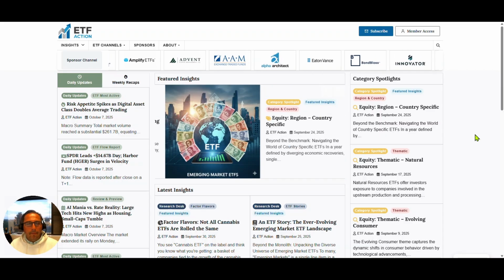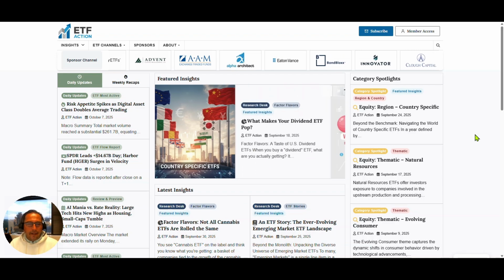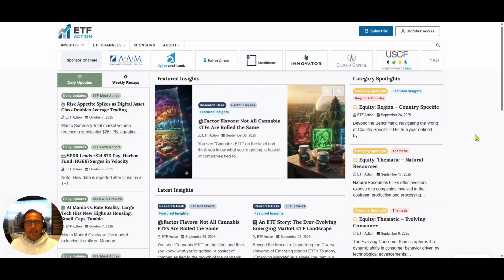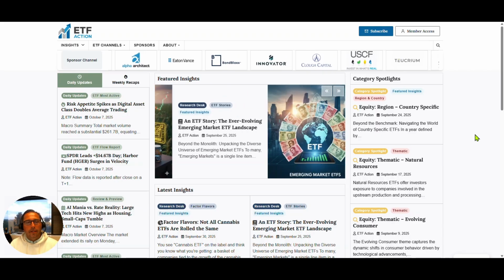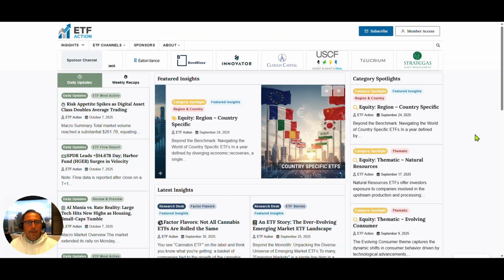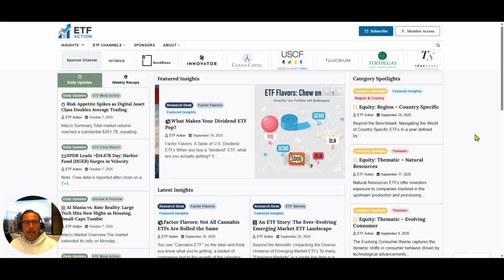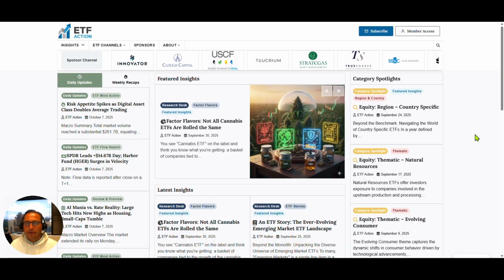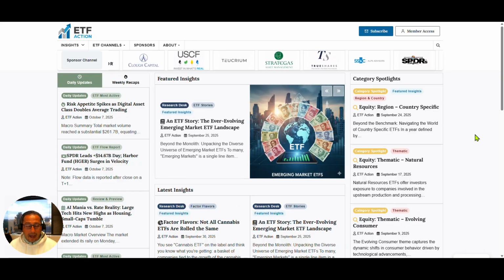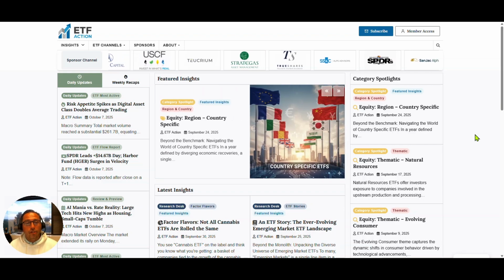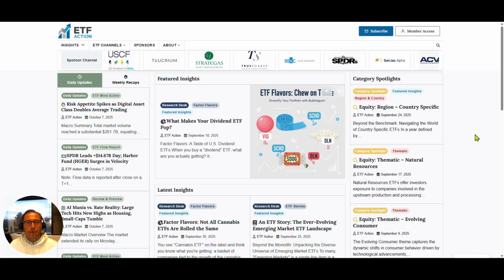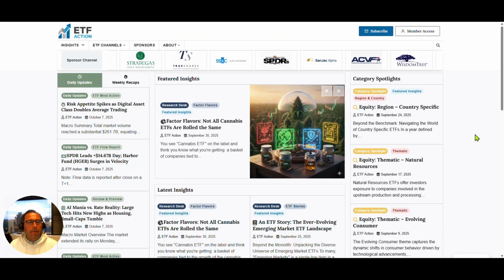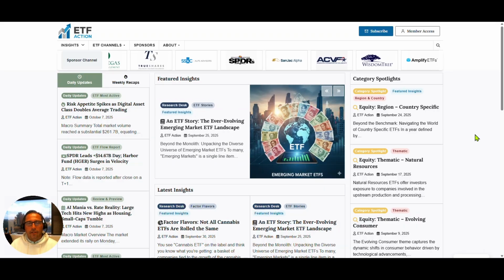Also looking at allocations based on size and style to really illustrate that, despite us thinking we're investing into core strategies like the S&P 500 or the Russell 1000, if you actually look under the hood at these portfolios, because of the way they're built, market capitalization, and because of the market we're in, where everything is being driven by mega cap tech, and there's this huge divergence of these trillion-dollar mega cap companies that are obviously growth oriented strategies versus your traditional core portfolios where you'd have a balance of growth and value and core securities, we can take a different look at that and then compare that to what those ETF allocations look like relative to